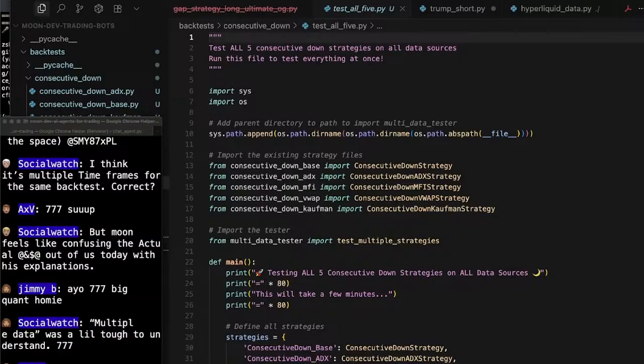Let me create a step-by-step guide too, because I like guides. Okay, so now we go here and we say test. Okay. Step 1, open terminal, navigate to consecutive down. Okay, run any strategy file, for example, consecutive. Test that strategy on all 10 data sources, creates results. To test all 5 strategies at once. Okay, now